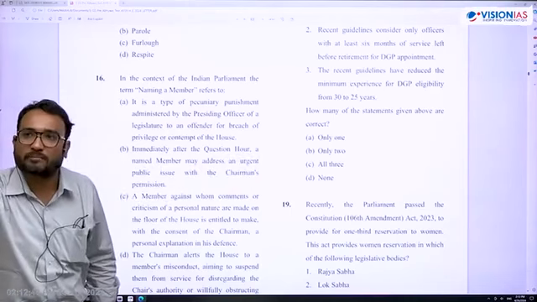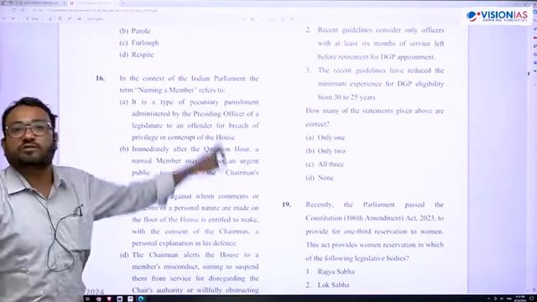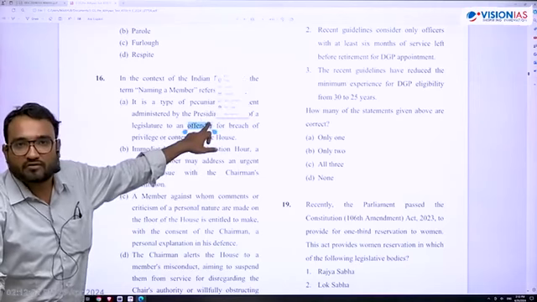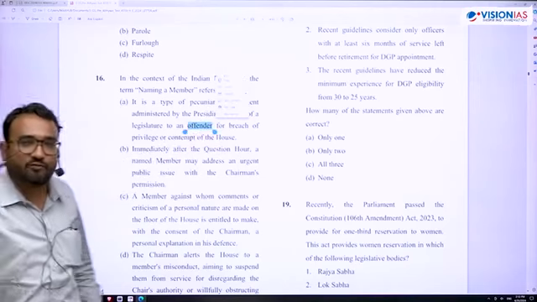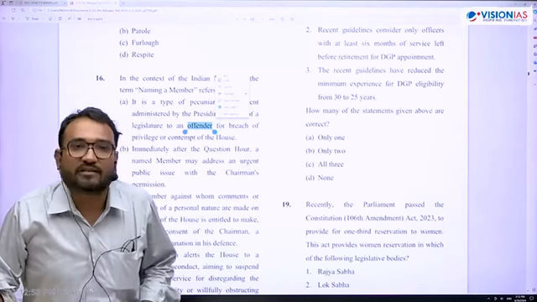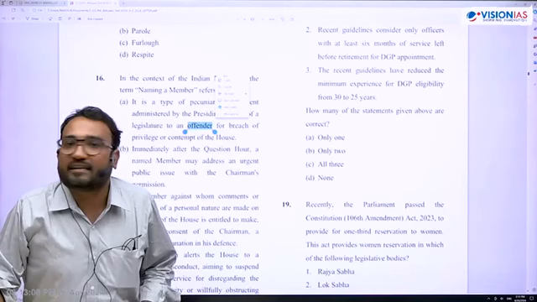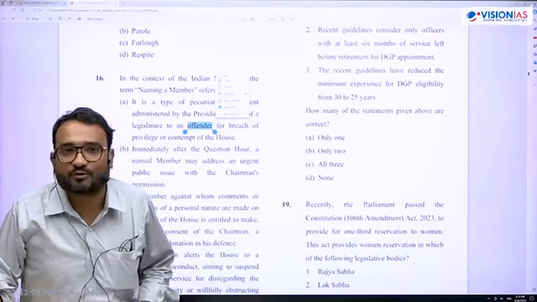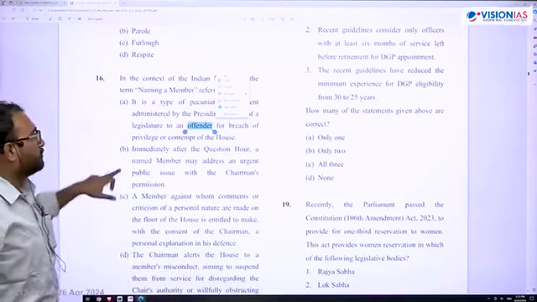Pecuniary, if you Google it, means anything related to money. So this is not a monetary punishment. Only at one place have I found monetary punishment mentioned in the Constitution: any member who sits in the house without taking oath, knowing that he is not qualified. Otherwise, monetary punishment is usually not mentioned in the Constitution. ये तो पहले ही चला गया.